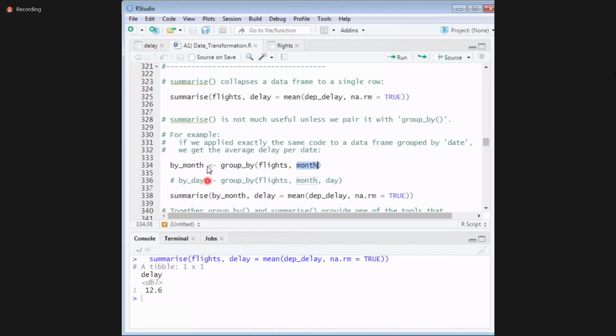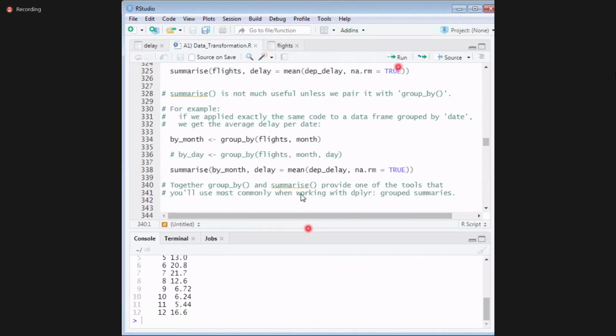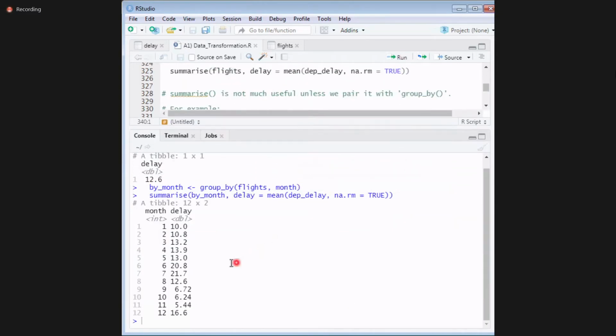Now here in summarize, instead of giving my complete data set, I give the grouped data, that is my by month. I'm calculating the delay. Now see here what my output is. This is more meaningful to us.